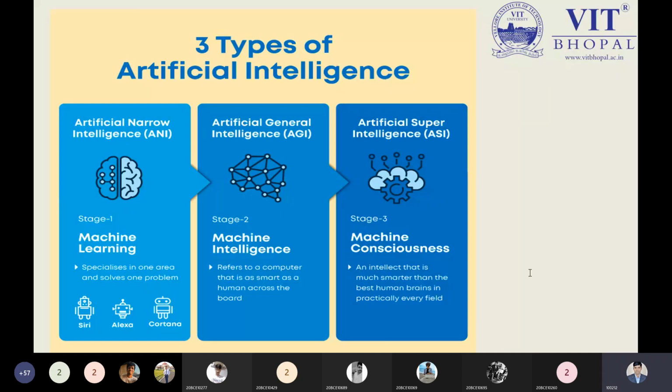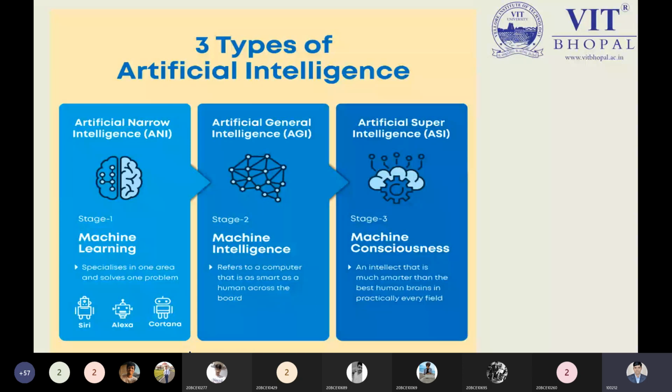Narrow AI is sometimes referred to as weak AI. This kind of artificial intelligence operates within a limited context and is a simulation of human intelligence. Narrow AI is often focused on performing a single task extremely well, and while these machines may seem intelligent, they are operating under far more constraints and limitations than even the most basic human intelligence. So narrow AI is just what? This is weak AI, operating within a limited context.